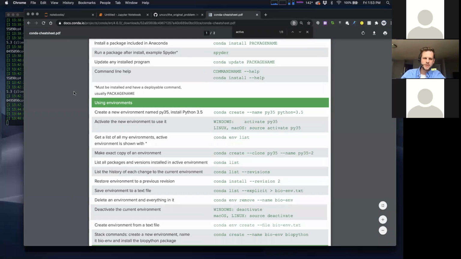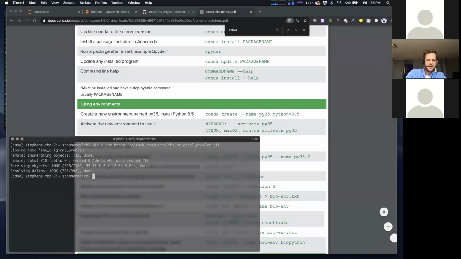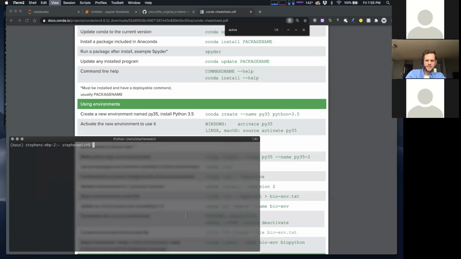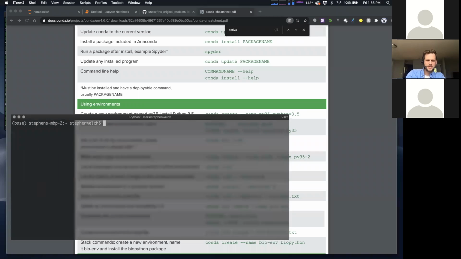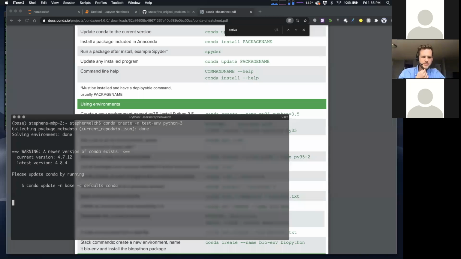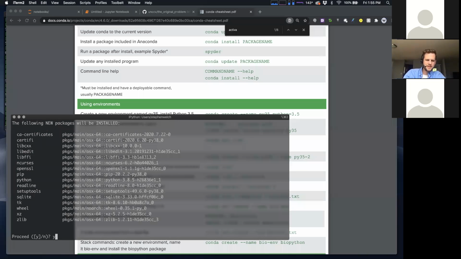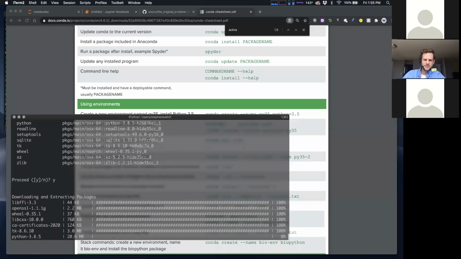But let me just show you real quick. So let's try it. Let's say we want to create a new virtual environment. Let me make this a little bit bigger. So I'm going to do conda create. The name I'm going to give my virtual environment is, let's call it test environment. And I want to use, let's say, Python equals 3, so instead of Python 2. So this should go create a new environment. I'm going to say, yes, please install all those packages for me.